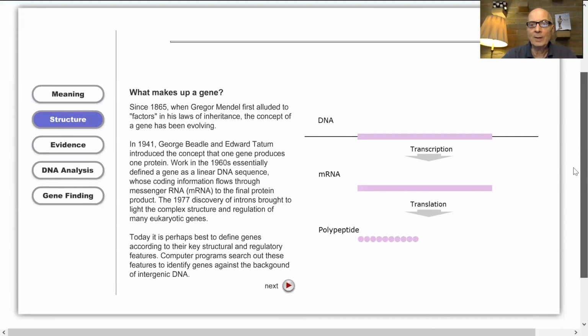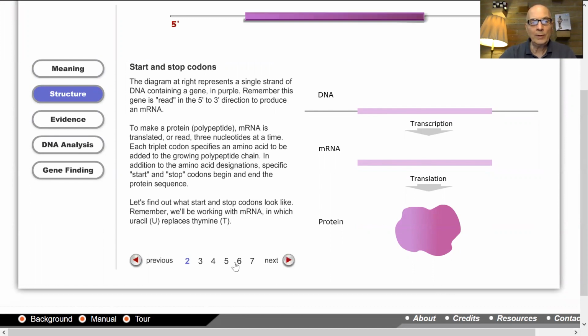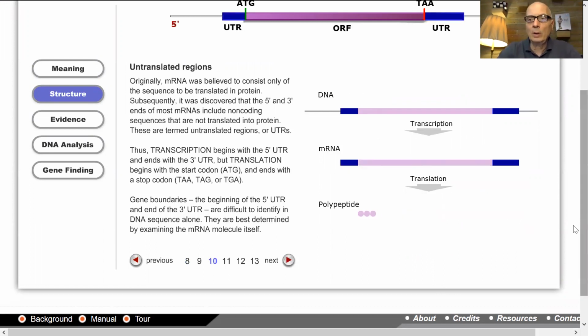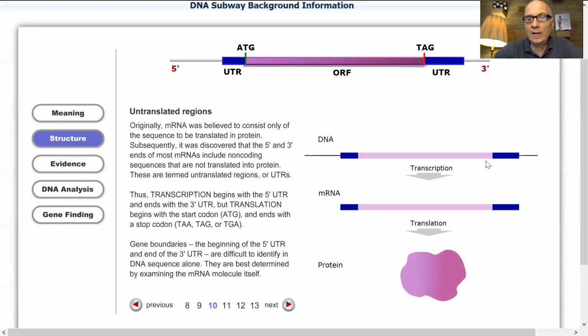And the first image that comes up under structure is actually the depiction here, a representation of the central dogma of molecular biology, DNA transcribed into RNA, which is translated into protein. We want to go now into this one, and I'm not going to click through all the slides here, just slide 10, where it shows us one model for a fundamental way genes are organized. In this case, we're looking at a gene that contains the coding sequence, all the triplets, in an uninterrupted open reading frame between the start codon and the stop codon, starting with the start codon, ending at the